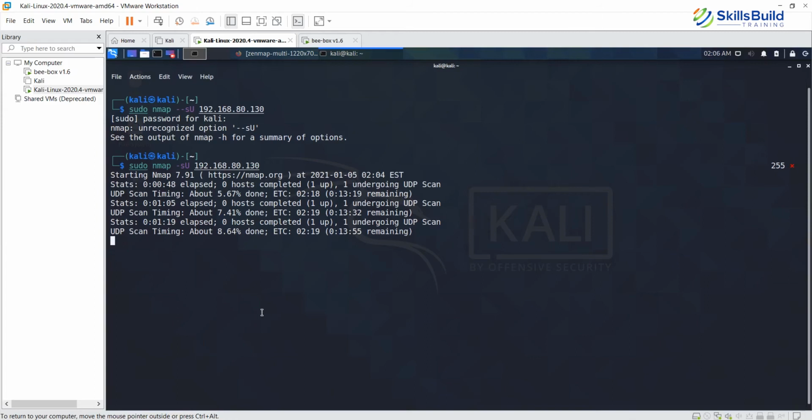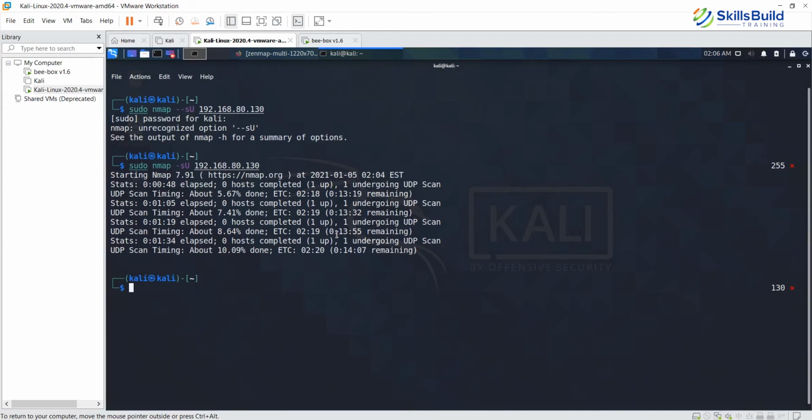I think it's okay. It's showing 13 minutes 55 seconds. So that's going to be quite long. So I think we should just terminate this command for the time being. Maybe towards the end, if we have some time, we can try to run this command.